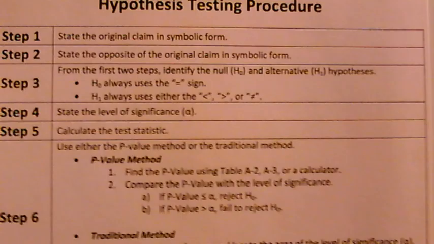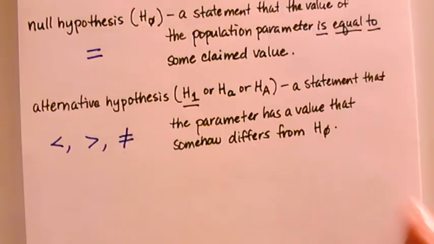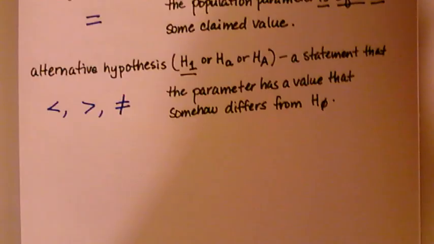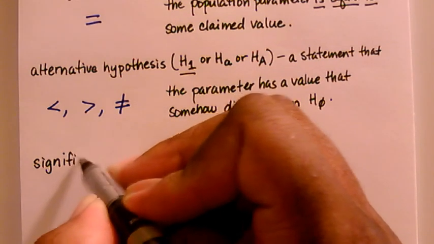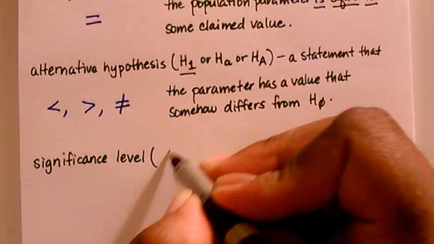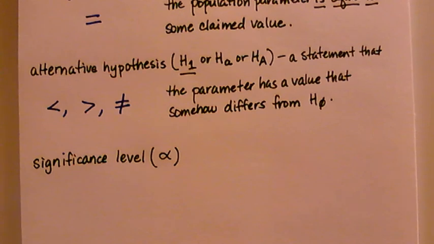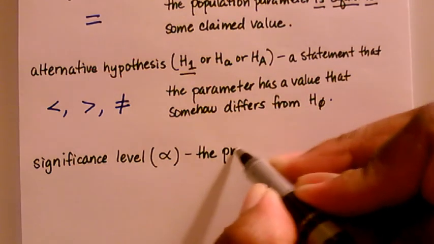Okay, now back to our procedure. Look at step number 4. It says state the level of significance, which is your alpha level. So now we need to define what the level of significance is, or the significance level. The significance level is going to be the Greek letter alpha. That significance level is the probability